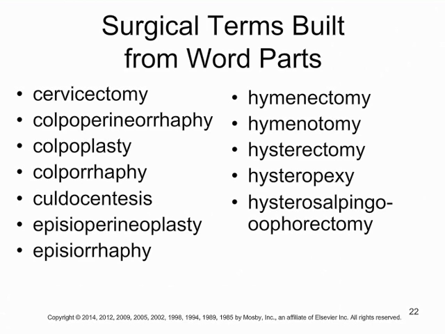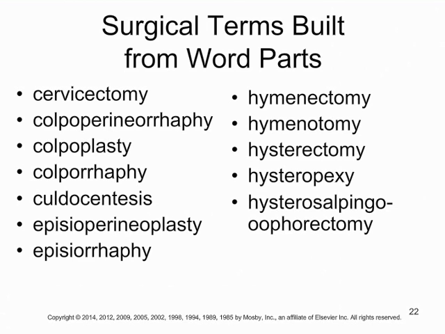Next we have episioperineoplasty, so surgical repair of the vulva and the perineum. Episiorrhaphy, this would be suturing of the vulva. Then we have hymenectomy and hymenotomy, so removal of the hymen or incision into the hymen. Sometimes when females begin or start puberty, if the hymen has not been broken previously, that's something that they do at